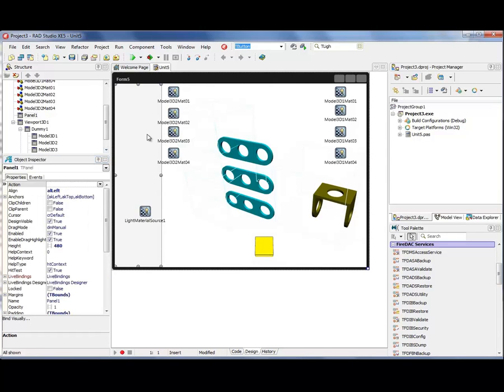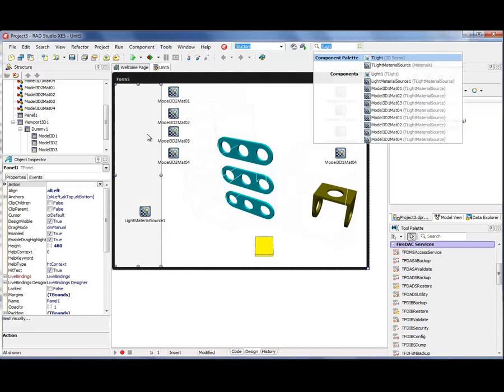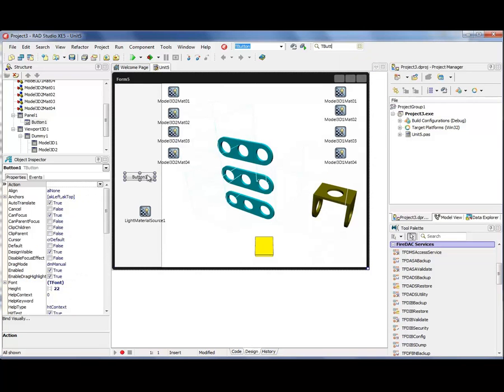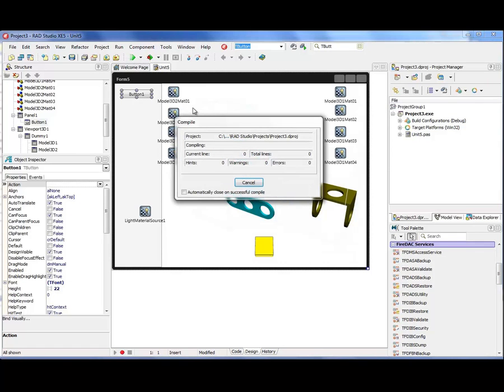Then we're going to set a 2D button on the panel. First, let's run and see what we have in design time.